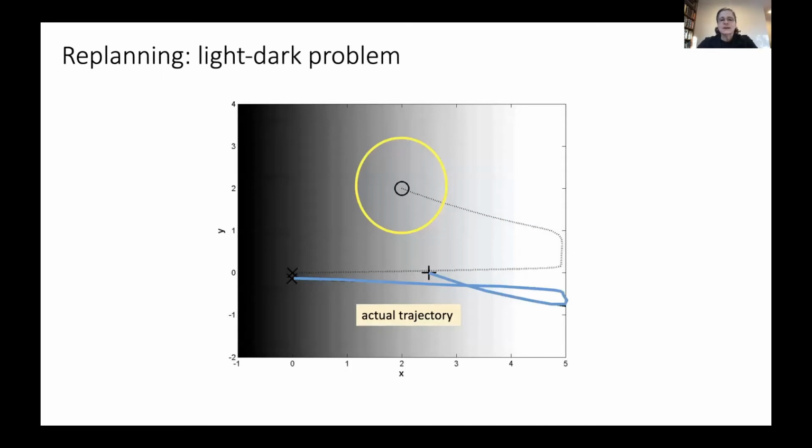So what's interesting is that we get behavior that's like the following. Let me just walk you through this figure. Imagine that we start out with this big uncertainty about where we are. And imagine that, in fact, we're really over here. So this plus actually indicates where the robot really was. As the robot goes, it begins to drive itself along this trajectory. But as it drives in this direction, it gets more observations, and eventually it realizes that actually it's down lower than it expected. So it replans a new trajectory,